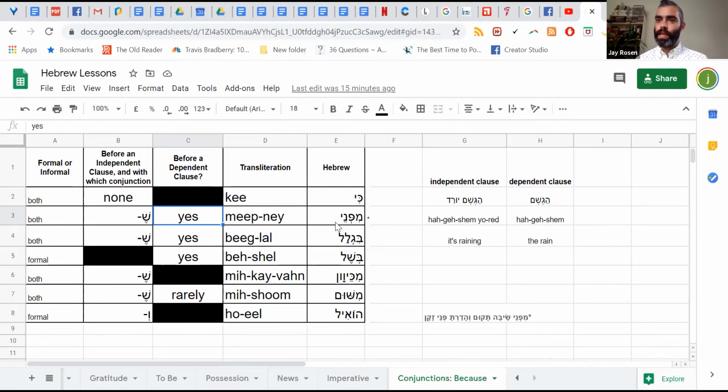And one of the things that the Academy for the Hebrew Language, which is the authority for creating and standardizing modern Hebrew, one of the ways it standardizes Hebrew is it looks at precedent. It looks at what sources we have of this in existing Hebrew literature, Tanakh, Talmud, medieval literature, and so forth. Mipnei she, as a construct, exists. Biglal she didn't. We had plenty of examples of biglal, followed by an independent clause, but not biglal she.